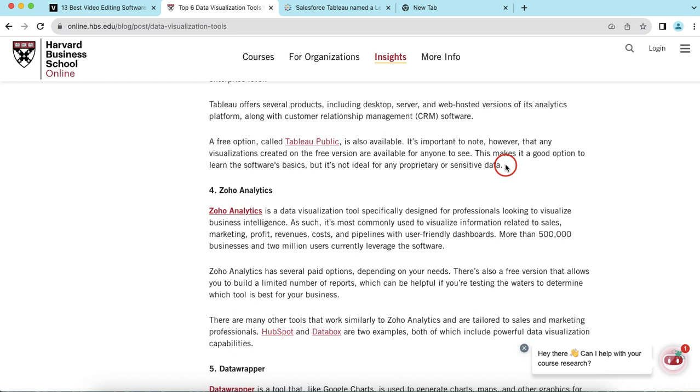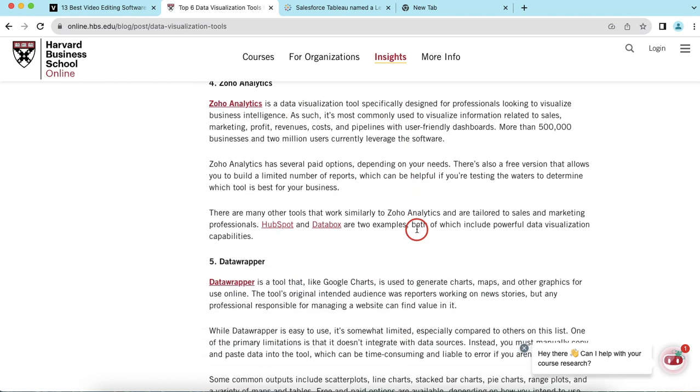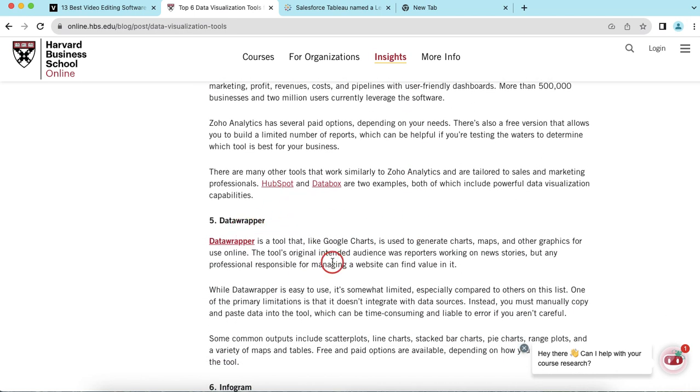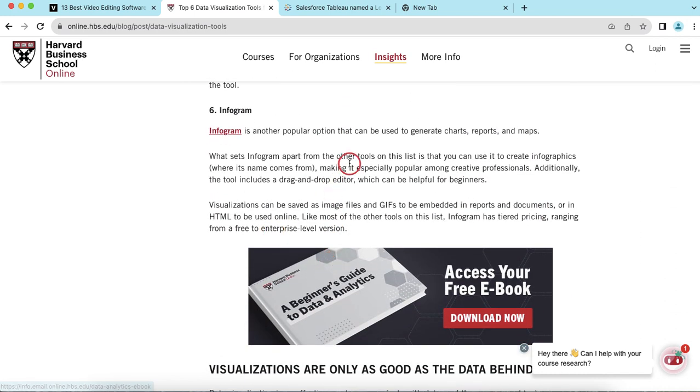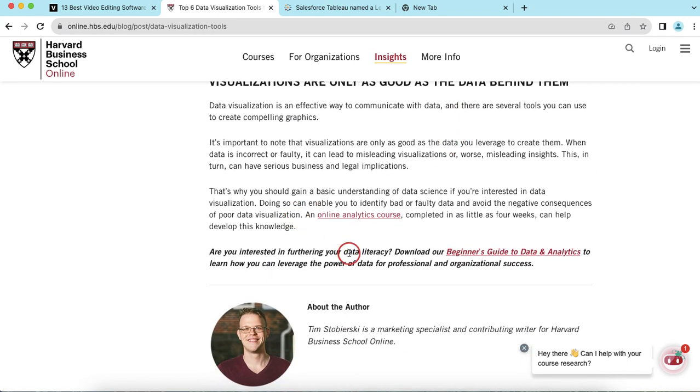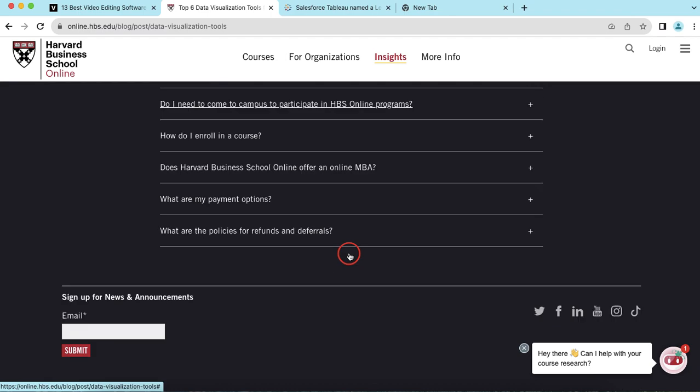Next one is Geo Analytics. Geo Analytics is done with the visualization tool. And next one is Data Wrapper. And the sixth one is Infogram, a popular option used to generate chart reports and such. Another option. And next we talk, these are the six tools which are used for the